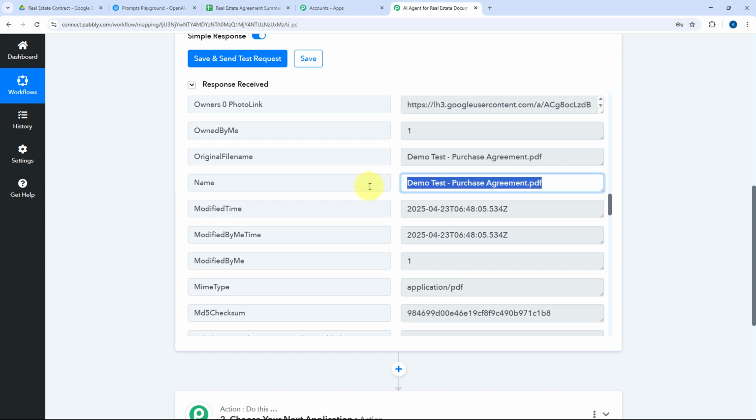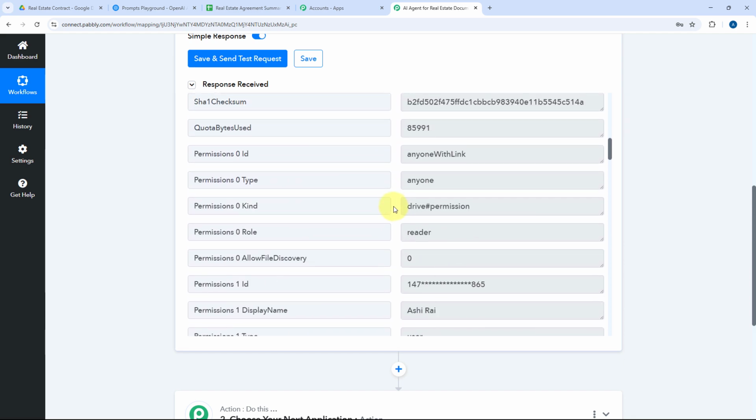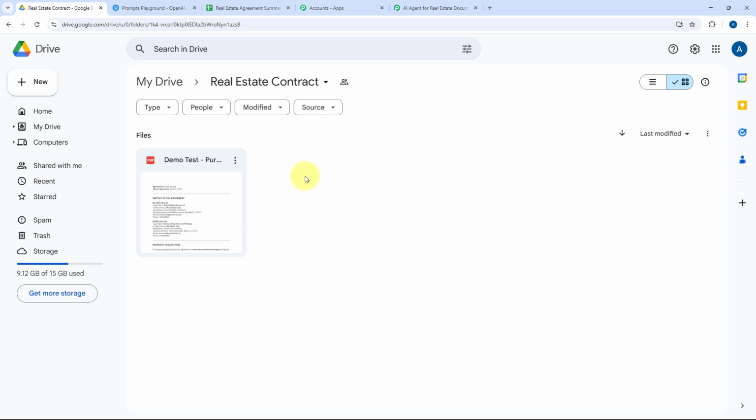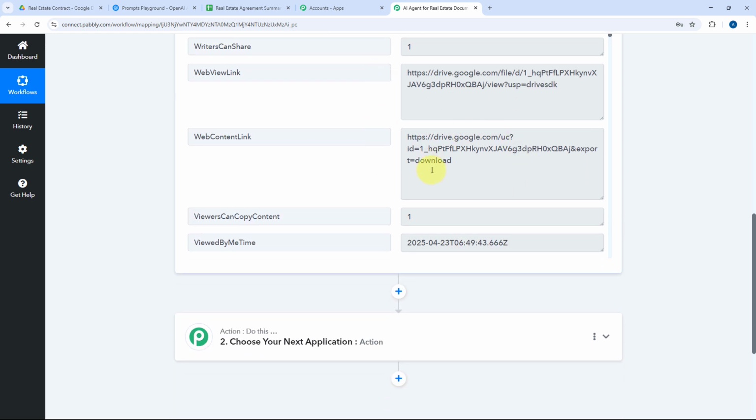Like here you can see that we have the name of the file and the rest of the details. So in this way, step 1 of building this AI agent is completed, where we have successfully captured the new file of the agreements of the contract from Google Drive inside Pabbly Connect. Now after this, in step 2, we want this AI agent to send the same file to OpenAI to summarize